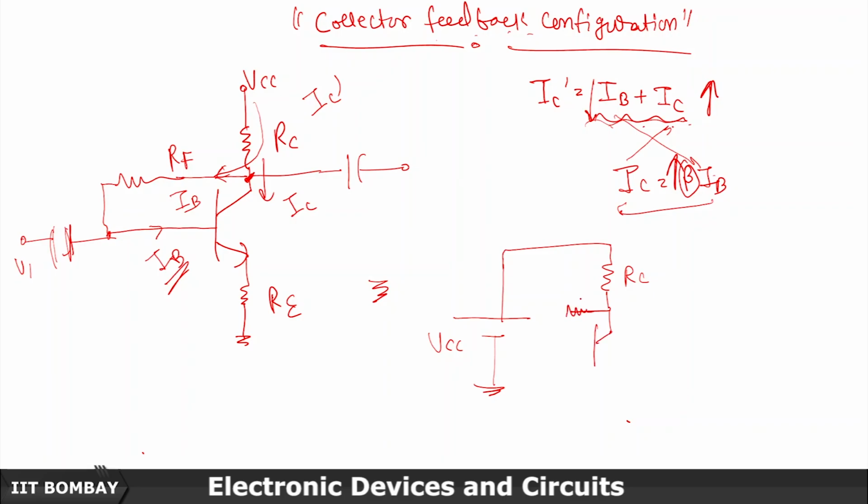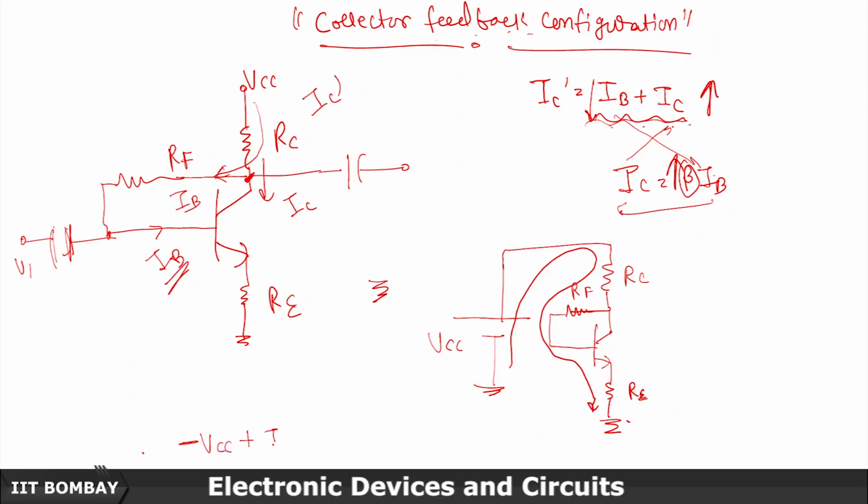Let's say this is my RF, and this is going here. This is the emitter resistance, and this is the ground. Now I would like to apply KVL to this structure, into this loop basically. So what I will get is minus VCC